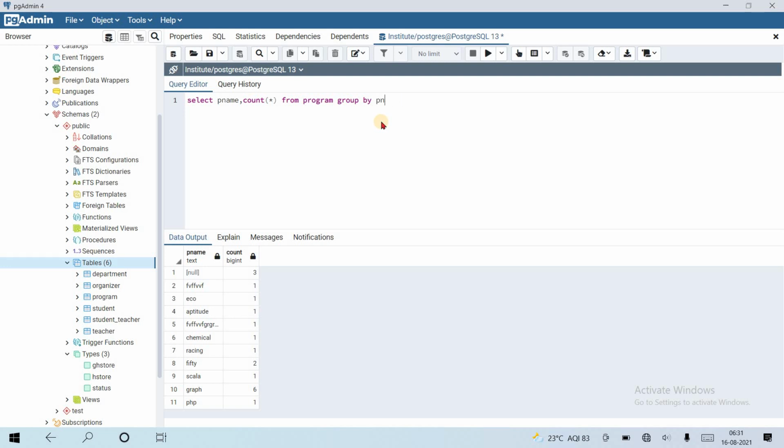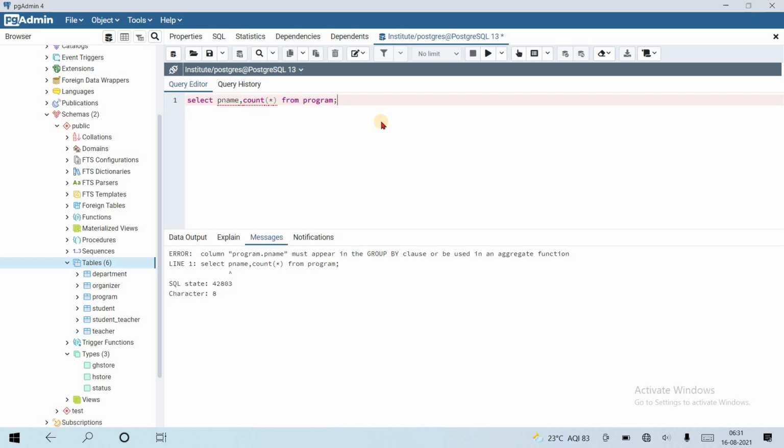What if I do not use the group by clause? No, it gives me an error. So we cannot use it like that. Column program.pname must appear in the group by clause, means it must appear in the group by clause or be used with an aggregate function.